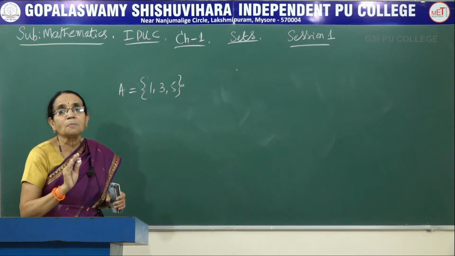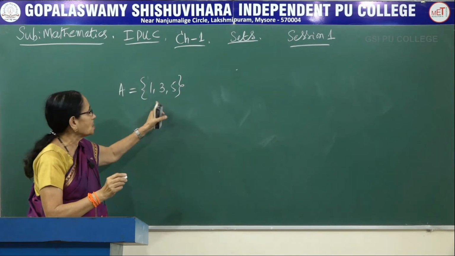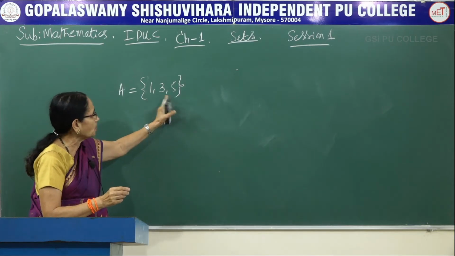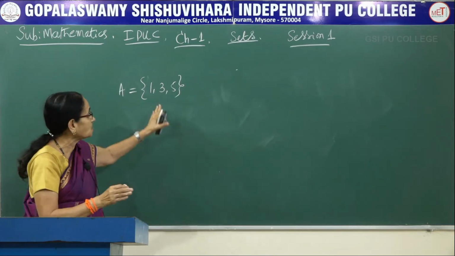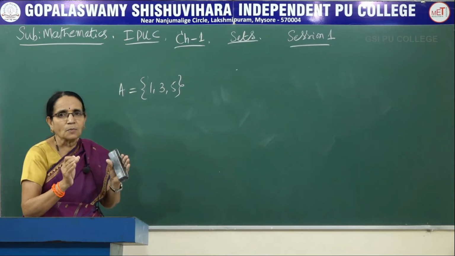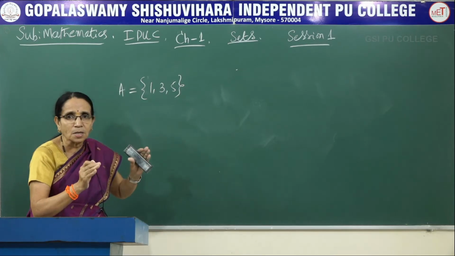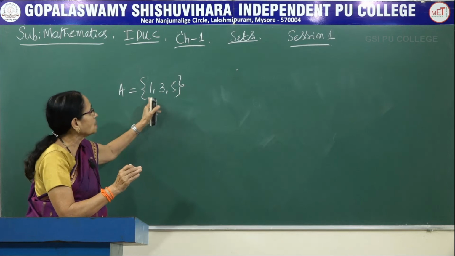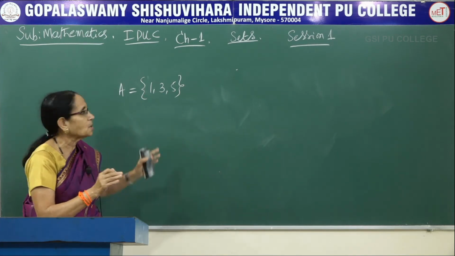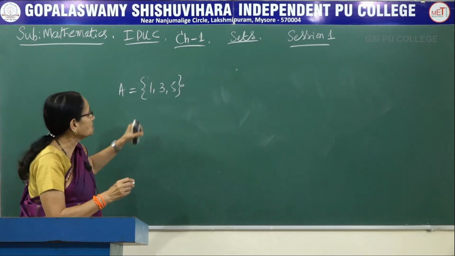Here order is immaterial. That means we need not bother about the order here. 1, 5, 3, you can write 3, 1, 5 or 5, 1, 3, whatever it may be, because it is only a collection. As it is, it doesn't have any value. Whatever numbers, quantities, objects, or elements are in that particular set, we simply write them inside a pair of flower brackets and denote it with a capital letter of the English alphabet. So this is the notation.